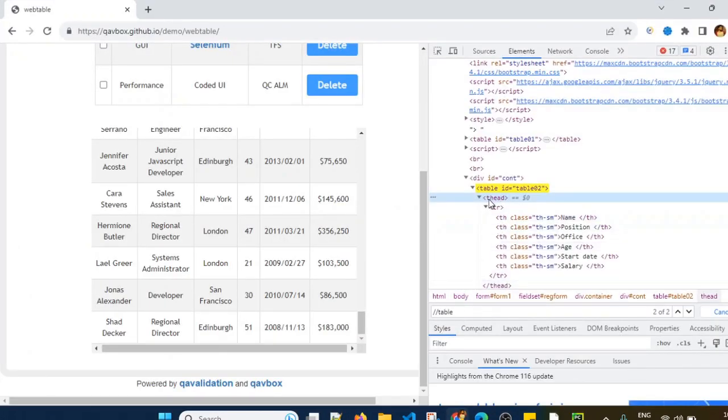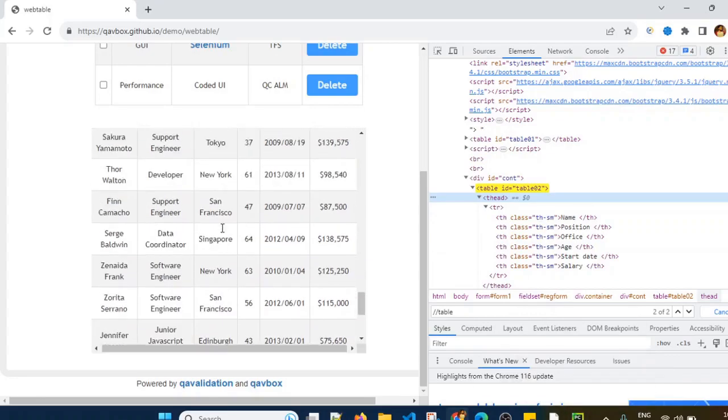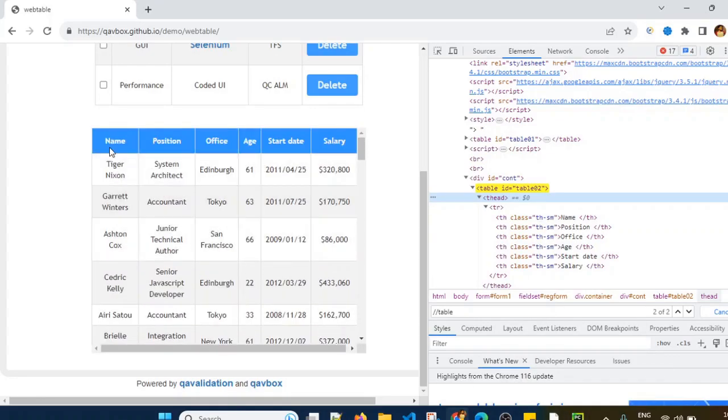Inside this thead tag, there is a TR tag which represents the row for the header, and inside that there are TH tags. So that is basically the table header. The table header is represented by TH tags, which represent column headers. These are all the TH tags.